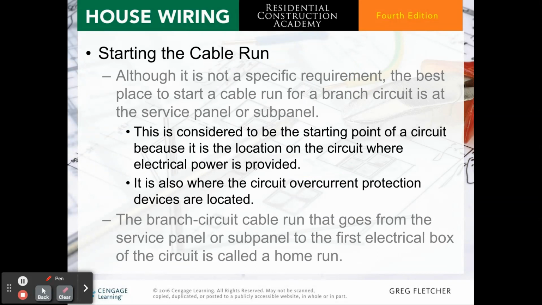Although it's not a specific requirement, the best place to start a cable run for a branch circuit is at the service panel or sub-panel. This is considered to be the starting point of a circuit because it is the location on a circuit where electrical power is provided. It is also where the circuit overcurrent protection devices are located. The branch circuit cable run that goes from the service panel or sub-panel to the first electrical box of the circuit is called